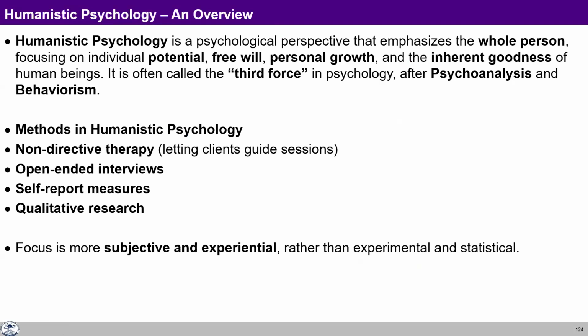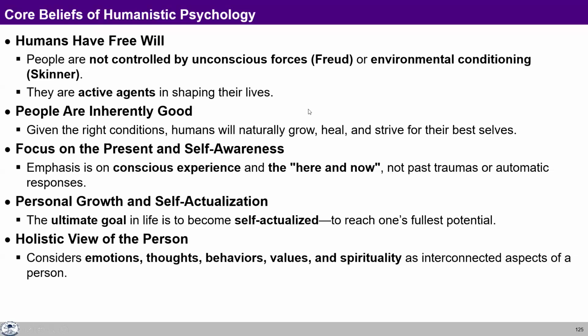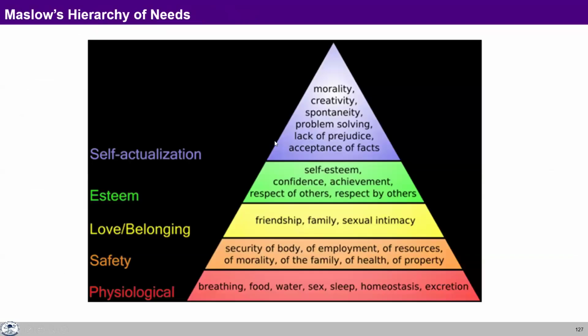So in some sense, they try to look at the natural acceptance that this free will is always existing. Whatever be the situation around me, society around me, whatever be the stimuli around me, I still have my free will. I can decide by myself. It's not only under influence of others. So they said that humans do have free will. They are inherently good. And they try to focus on the present and the self-awareness and the personal growth and self-actualization. So Maslow gave this hierarchy, and they said that people first try to look at the physiological needs, then the safety needs, then the belongingness, then the self-esteem, and finally they work for self-actualization.